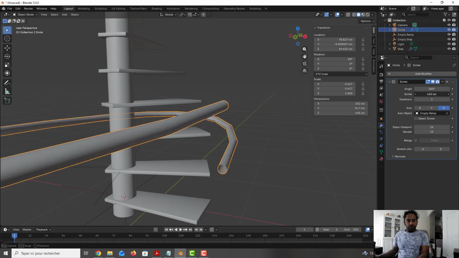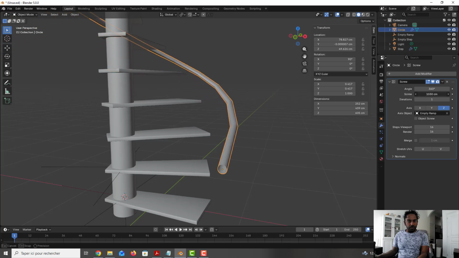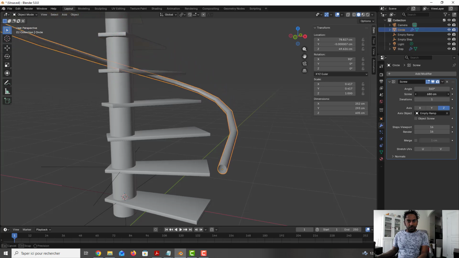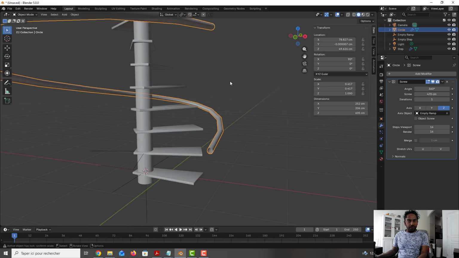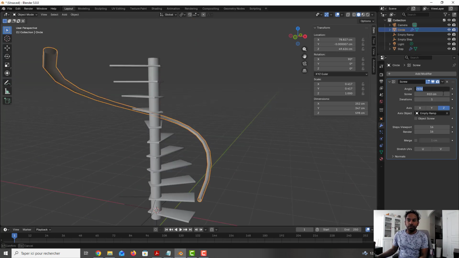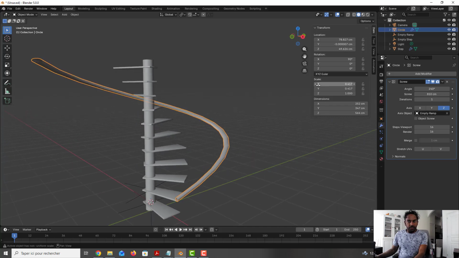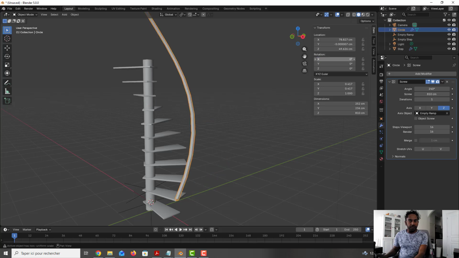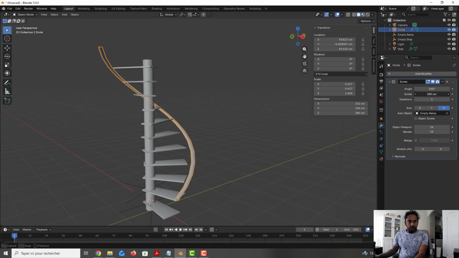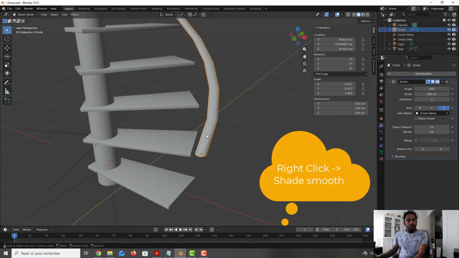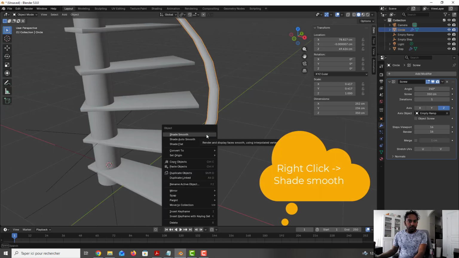We didn't apply the screw, so I apply the screw now, so it will be better. And we need not to have something big. Okay, we just reduce the angle to 240, for example. And after, we see we have some trouble with the rotation, I put 0, and we can reduce the screw like this, okay. We right click and choose shade smooth,